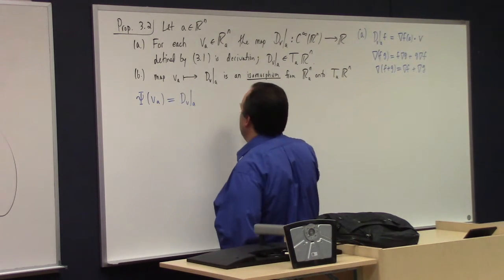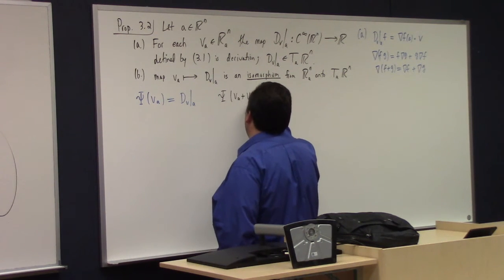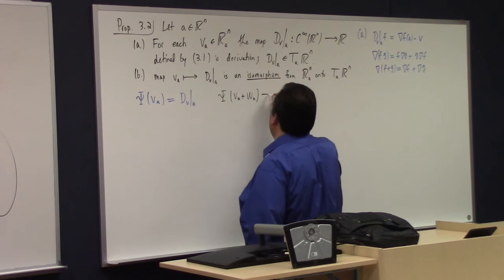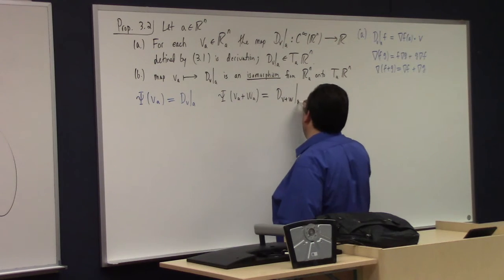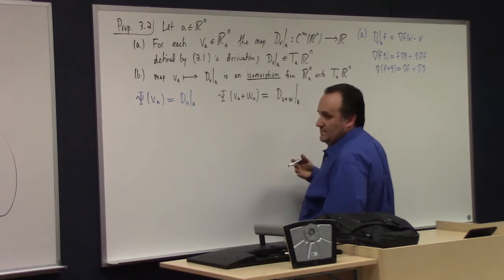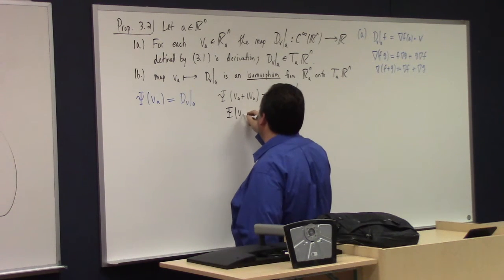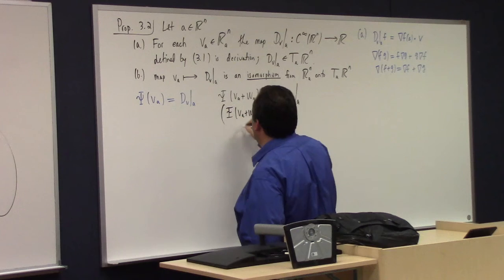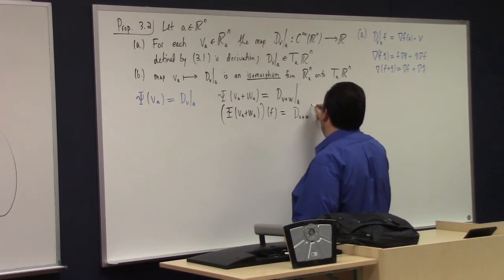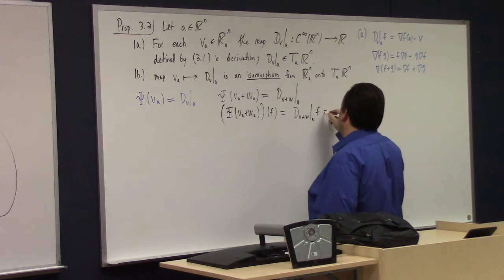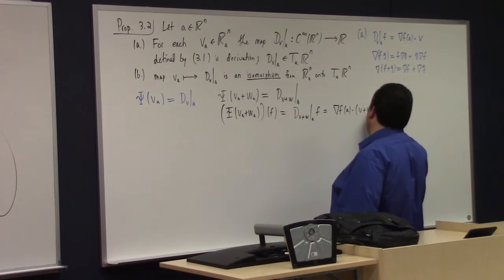Okay, so linearity. What if I had psi of V_A plus W_A? How would that go? That would be, by definition, d of V plus W at A. And to understand that, I have to let it act on a function, because that's what they do. So then I have d of V plus W at A acting on a function. But that is nothing more than the gradient of f at the point A dotted with V plus W,